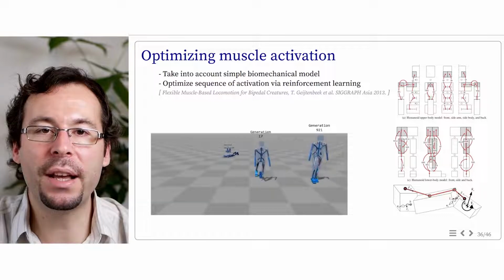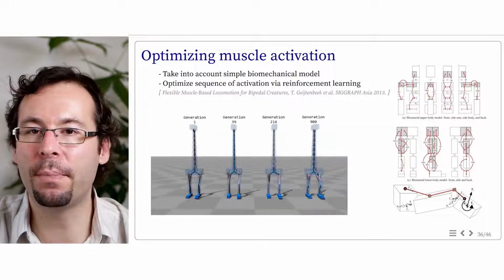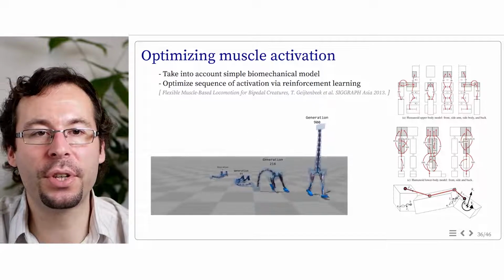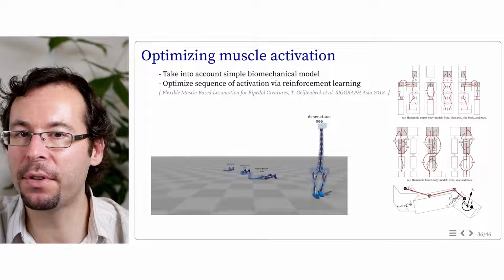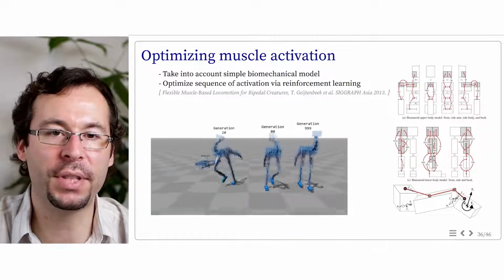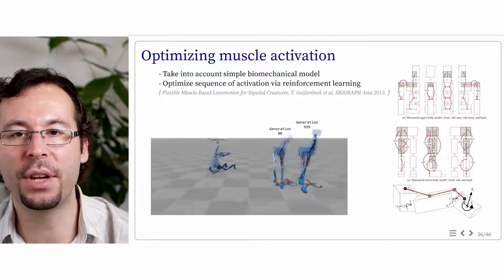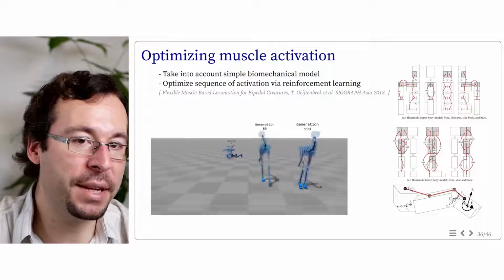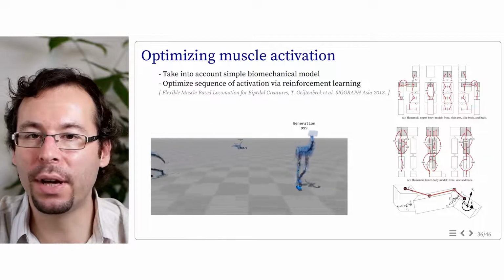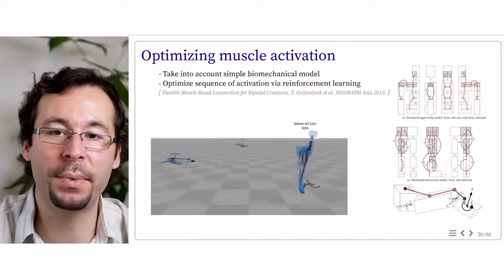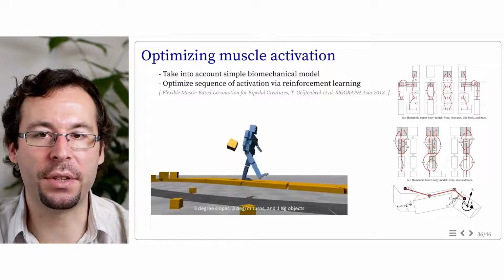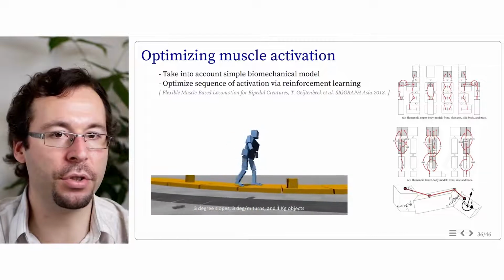Now, thanks to the widely available computational power, these approaches are easier to set up. The main method to generate such autonomous creatures is via the use of reinforcement learning, where you have a simulated model of your character composed of a set of pieces linked by muscle actuators. And the optimal sequence is found via lots of trial and error, trying to reach an optimal score from a specific objective function. The fitting of the optimal parameters can be done, for instance, on the value of the controllers on the joints.